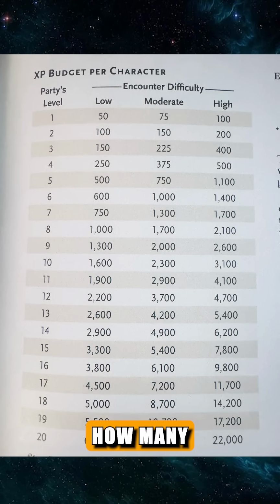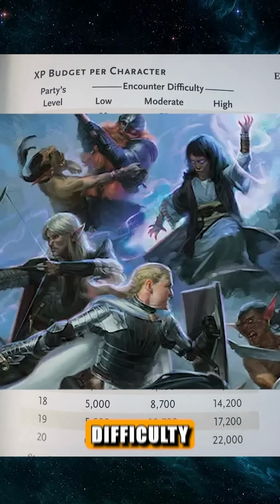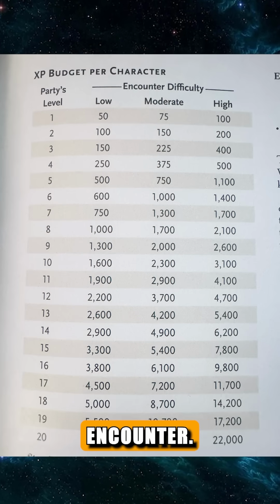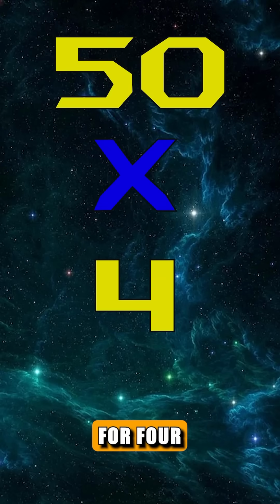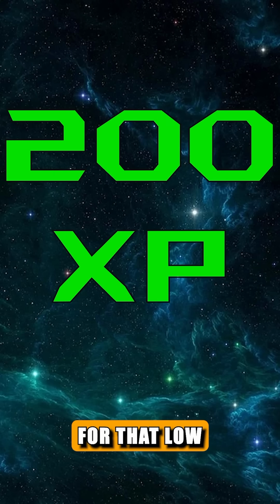Then you find out how many party members you have. Let's say you have 4, and you find out what difficulty level you'd like that encounter to be. Maybe it's a beginning encounter, again, like the example here, and it's a low difficulty encounter. So you would see how much a low encounter is for a level 1, which is 50, and then you multiply that by 4 for 4 party members, and you have an XP budget of 200 XP for that low